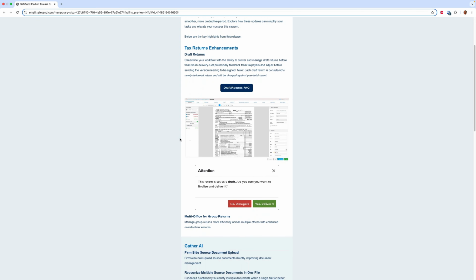So number one, draft returns. Draft returns is a new feature that we've added to returns that allows you to mark a return as a draft and send it to your client for review before you actually send the final return. So what are the benefits of draft returns? Really, just allowing your clients to view the return before you send out that final copy, letting them take a look at it,